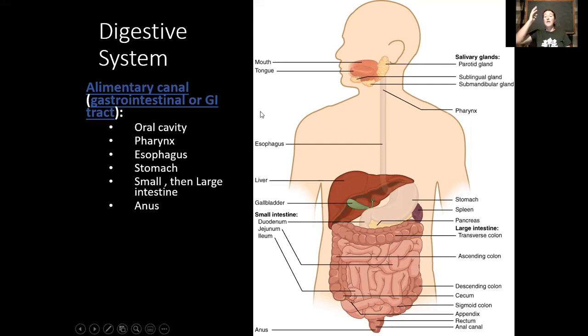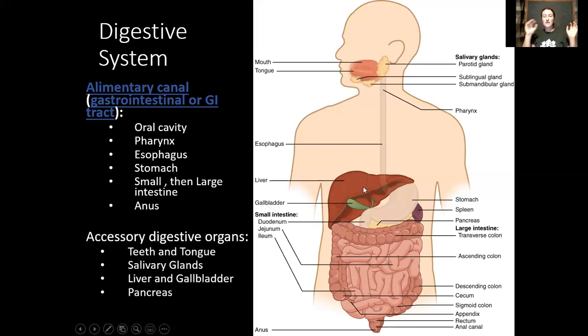Okay, so this entire tube houses ingested food and ultimately the waste products of said ingested food. Right, so that is the canal itself. But as we see in this diagram, there are a lot of extra structures that I haven't mentioned. These are called accessory digestive organs. That is, food is never going to directly pass through them, but the function of the digestive system is completely dependent upon these extra organs.